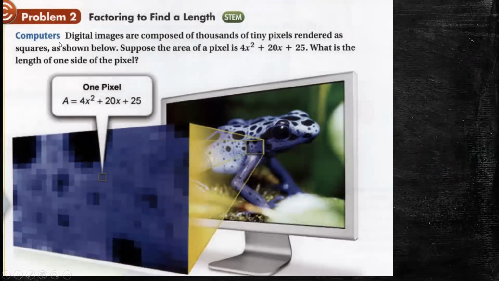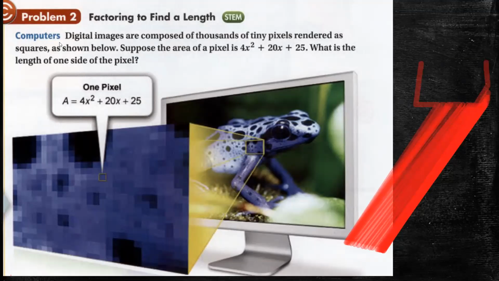Now, look at this one. All of us know the digital images. The digital images are composed of thousands of tiny pixels rendered as squares. So the pixel of the image is a square. Suppose the area of a pixel is 4x squared plus 20x plus 25. What is the length of one side of the pixel? In the previous lesson, we talked about the rectangle. Why did we talk about the rectangle? Because we say that the rectangle